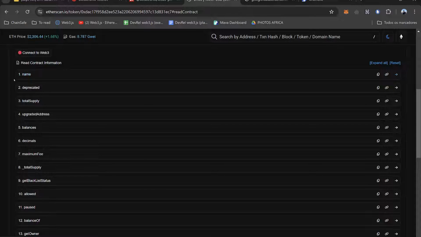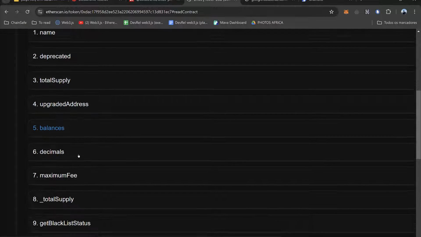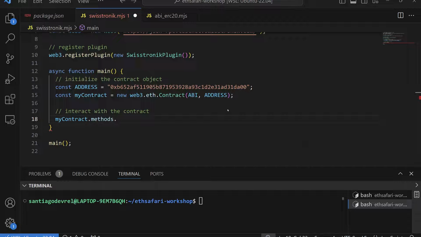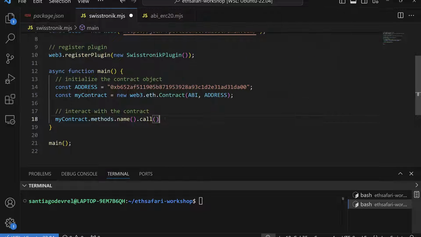Yeah, so these are all the functions of the USDT contract, for example, name, total supply, balances, decimals, etc. To interact with this contract specifically, we can type .name and then .call, because we are making a call to the contract to retrieve the information. And then if I want to interact with another function, the same, my